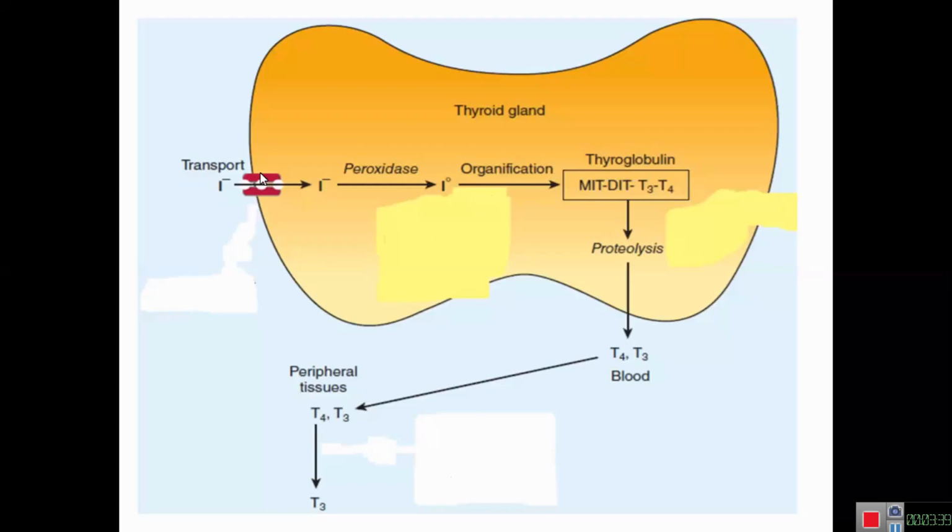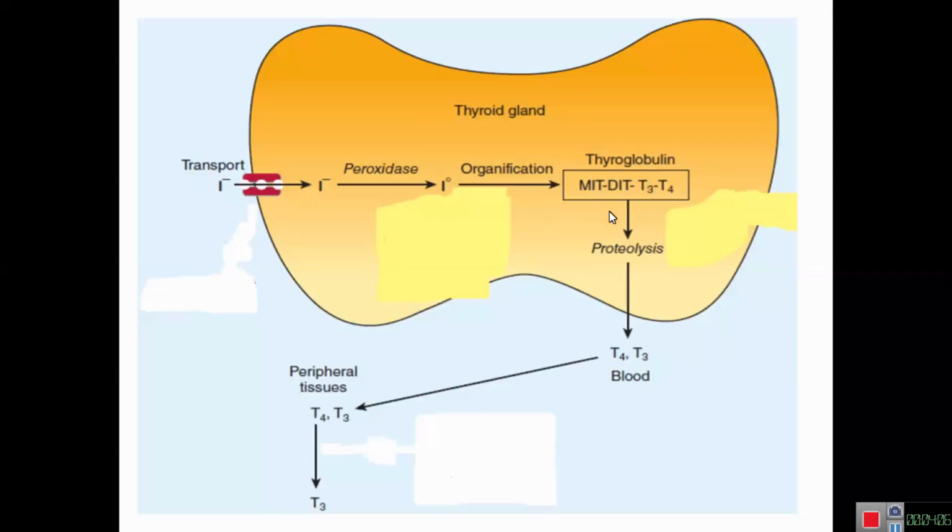Initially, if you inhibit the trapping mechanism, then the synthesis of thyroid hormones gets inhibited. And if you inhibit the functions of the thyroid peroxidase enzyme, which carries out the oxidation, organification, and coupling reactions,